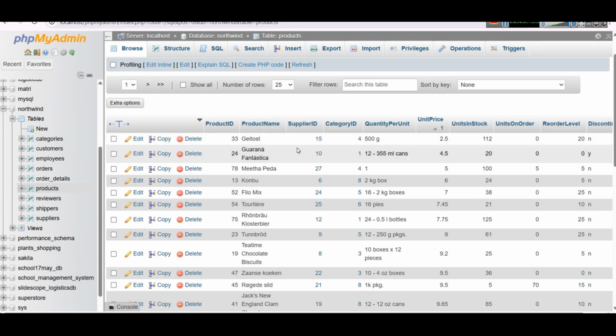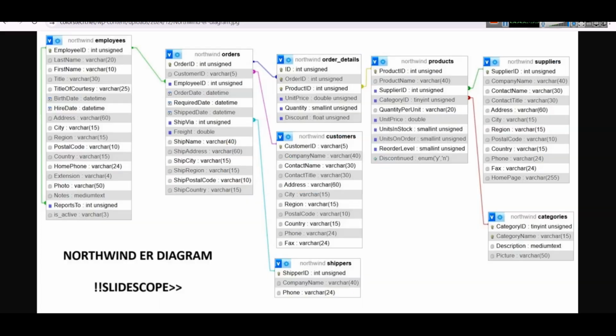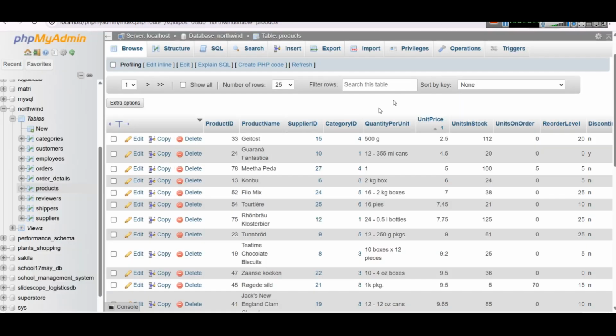Suppose we want to know the information that which supplier supplies this particular product and to which category this product belongs. So we have to connect all these 3 tables. And if you see products table, then products table is connected with suppliers and categories. Okay. So to join them,